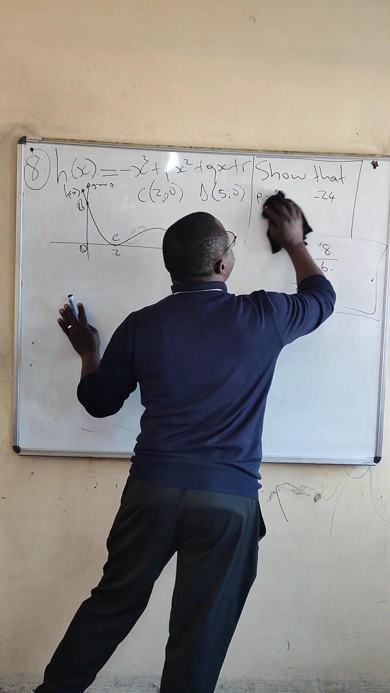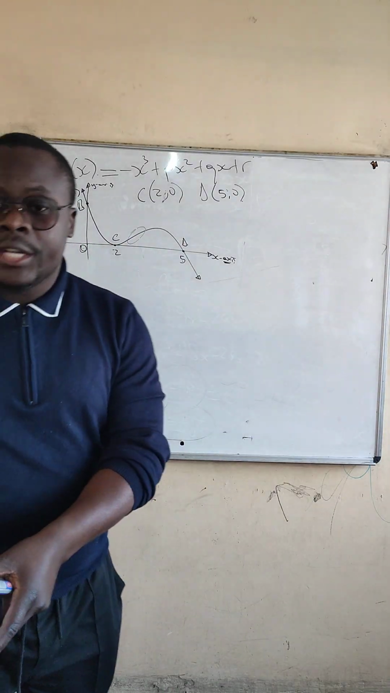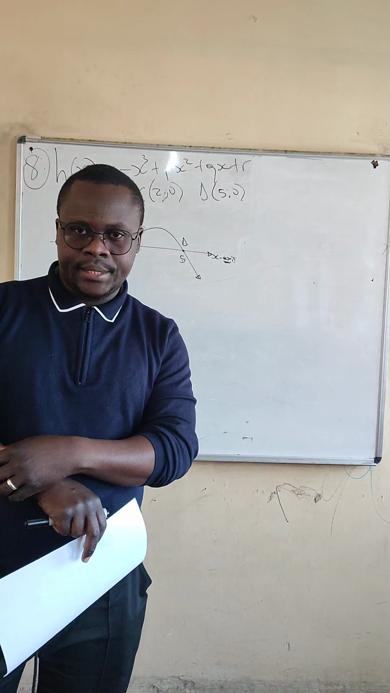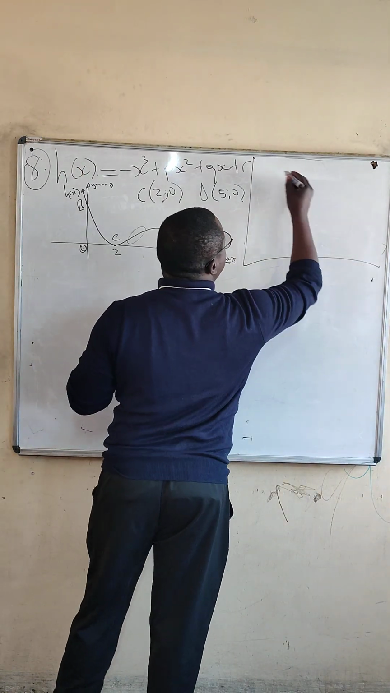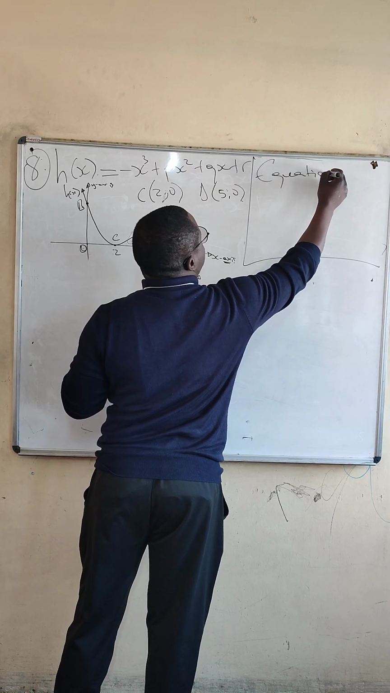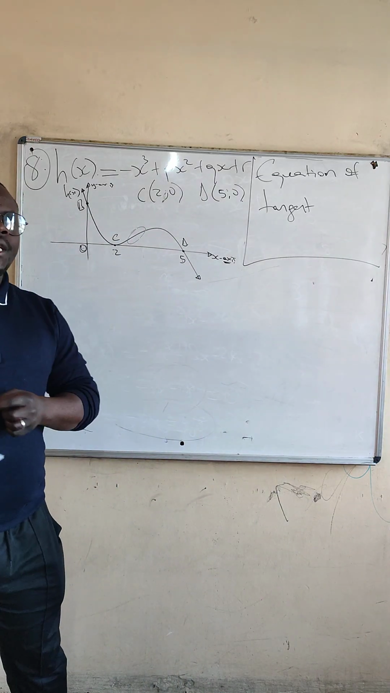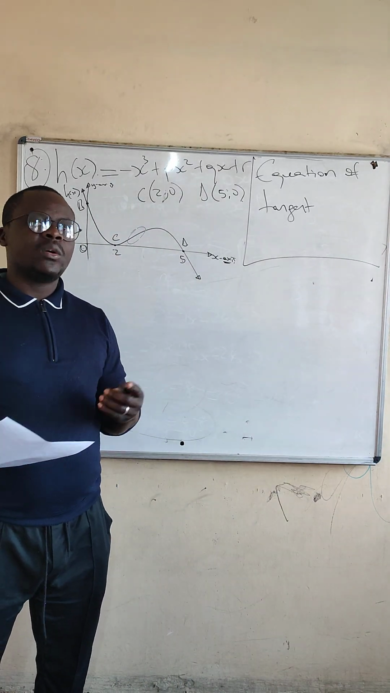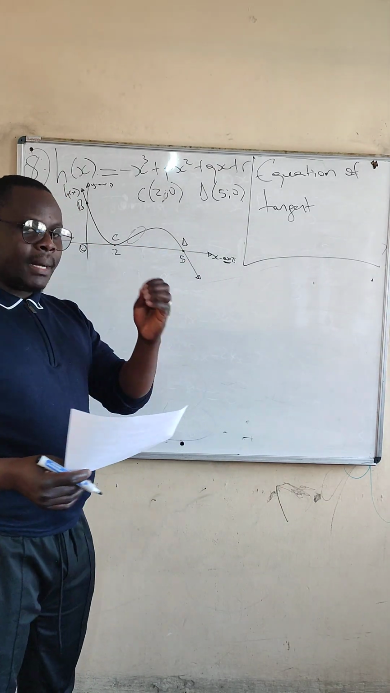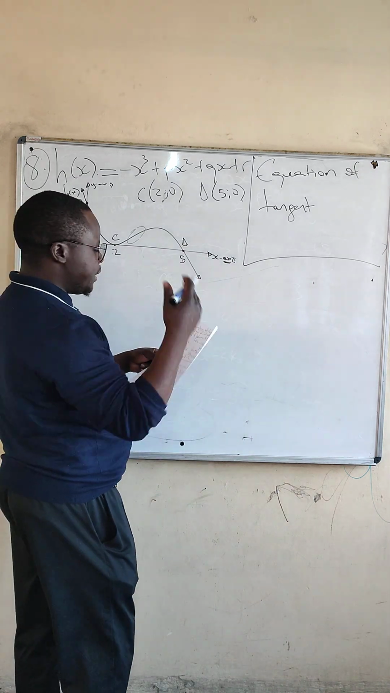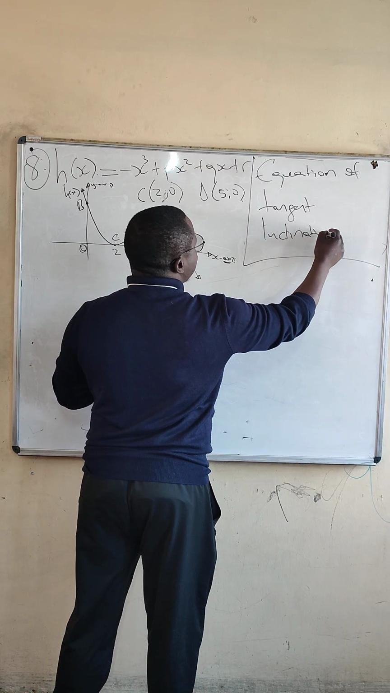The next question talks about what's called the equation of a tangent. Now, the equation of a tangent at which point? Because a tangent is a line which touches the graph once, but it touches at which point? In this case, it was not given, but the only information given is that we need the equation of a tangent with what is called the inclination at